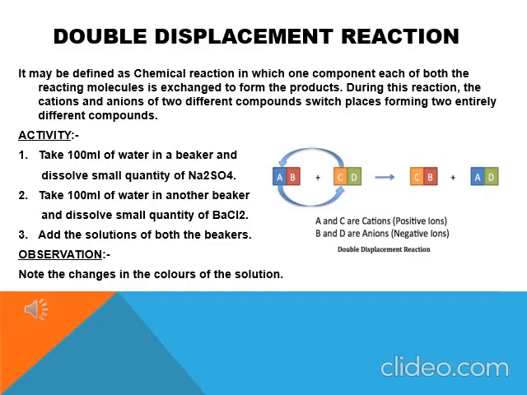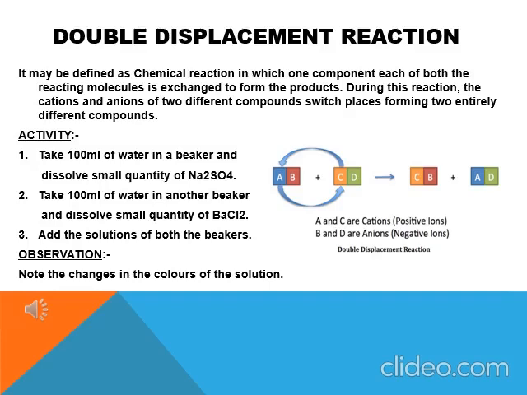Now our last type of reaction is the double displacement reaction. First we have done the displacement reaction. Now the next, or fourth, type is the double displacement reaction, in which displacement occurs two times, or twice. So it may be defined as a chemical reaction in which one component of each of the two reacting molecules is exchanged